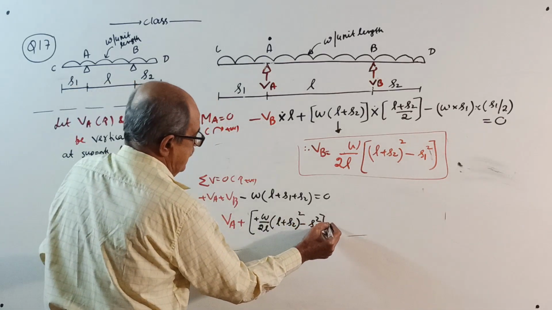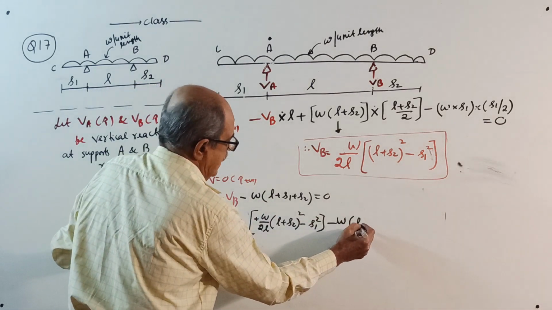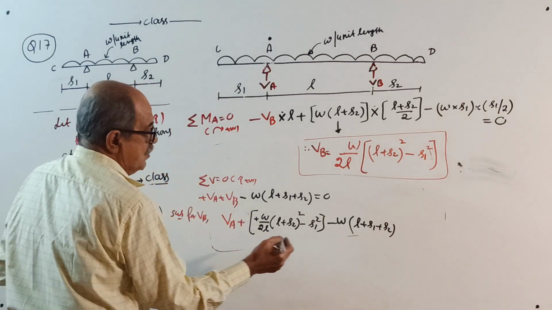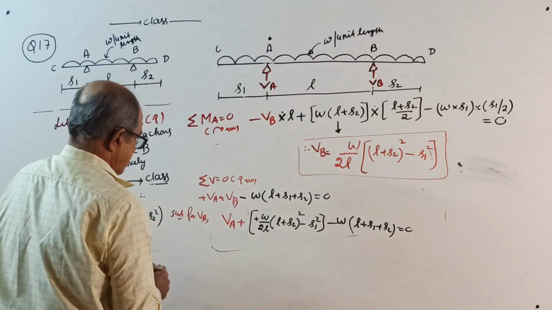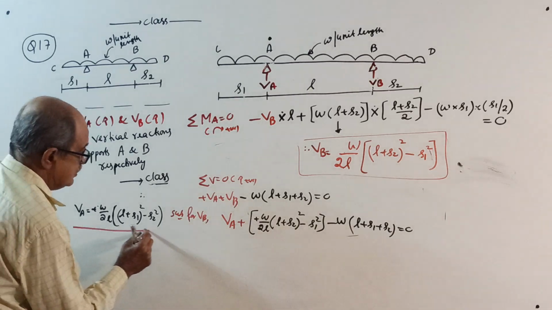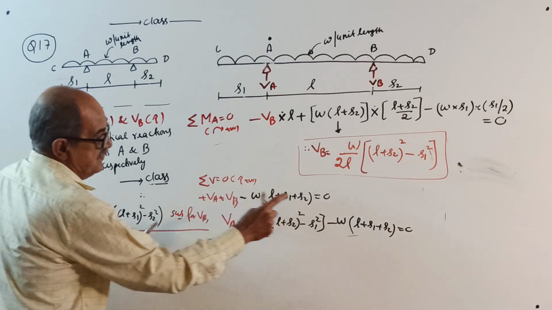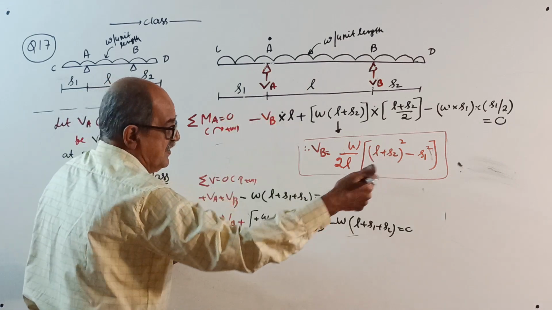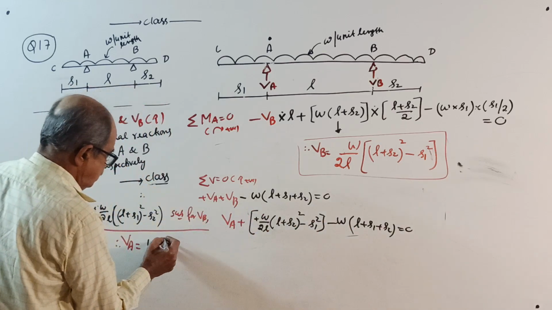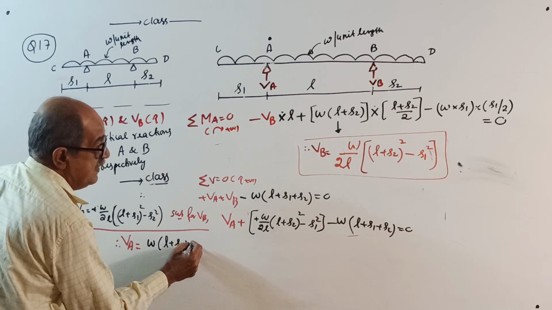Then minus W into (L plus S1 plus S2) is equal to 0. See now, correctly. Therefore, I'll start from here. Space required. Therefore, VA equal to, this minus will become positive that side, W into (L plus S1 plus S2)